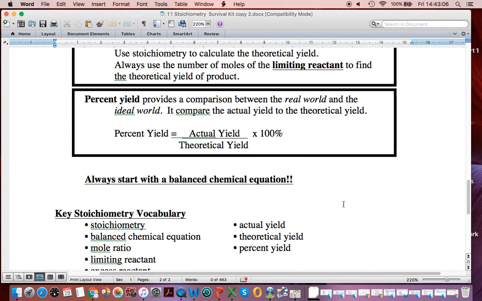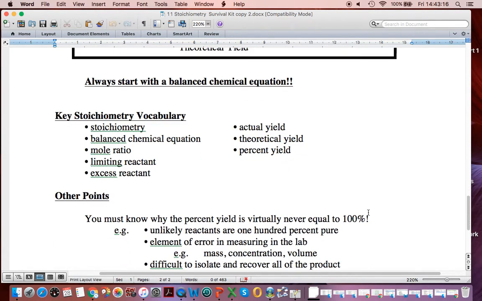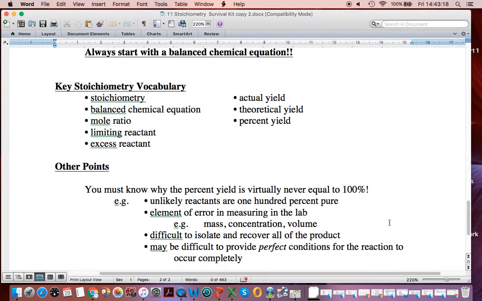Friendly reminder, start with balanced chemical equation. There's the words you have to know. The Stoic test is a calculation test. That's what you're going to be doing. Calculation, calculation, calculation. It will be busy, busy, busy, busy. Here are a few extra points that you should read. And that's it. This survival kit